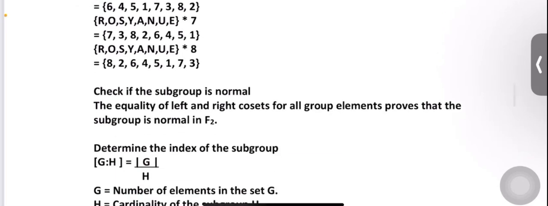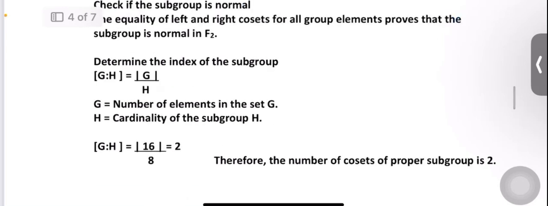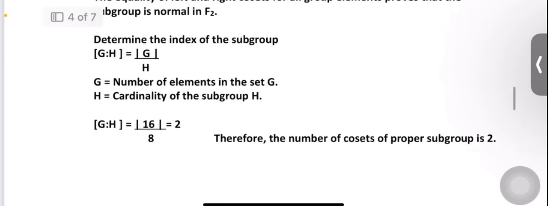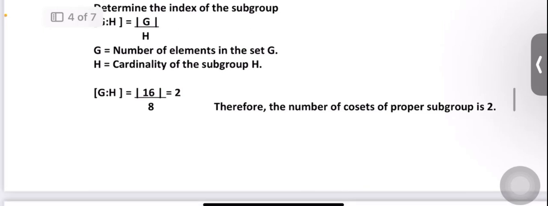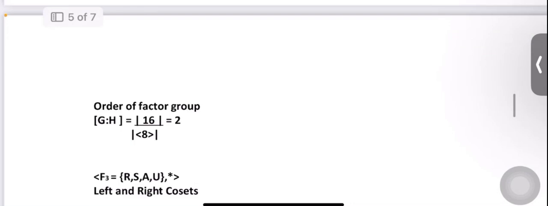The equality of left and right cosets for all group elements proves that the subgroup is normal in F sub 2. Determine the index of the subgroup. G is the number of elements in the set G. The cardinality of the subgroup is H. Therefore, the number of cosets of the proper subgroup is 2.